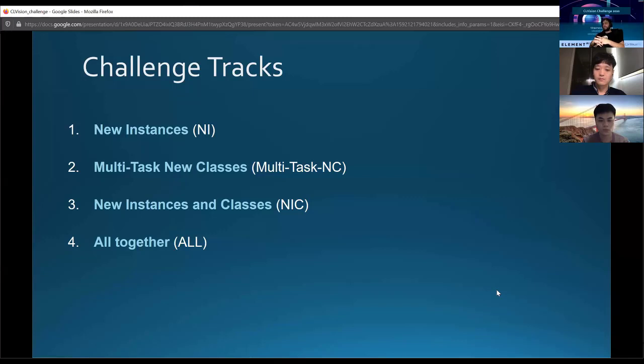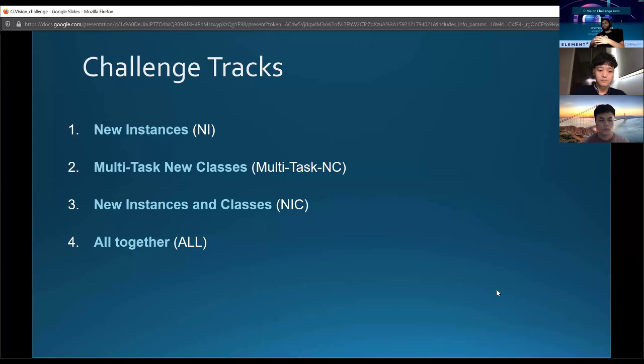And then the third track is about the new instances and classes scenario, in which we have a large number of small incremental batches containing very few images of just one class.